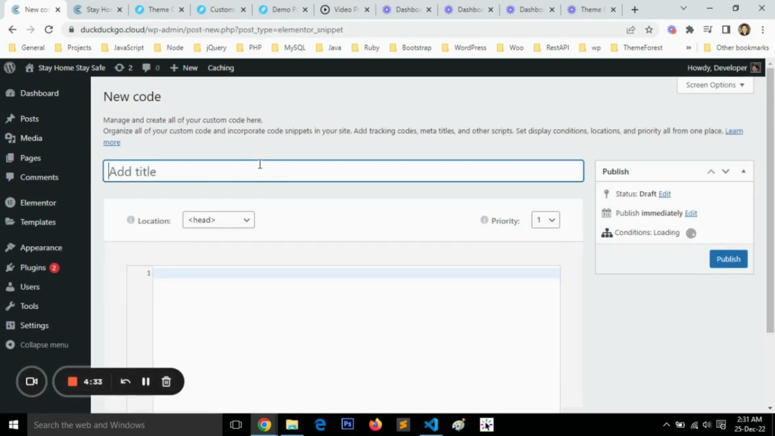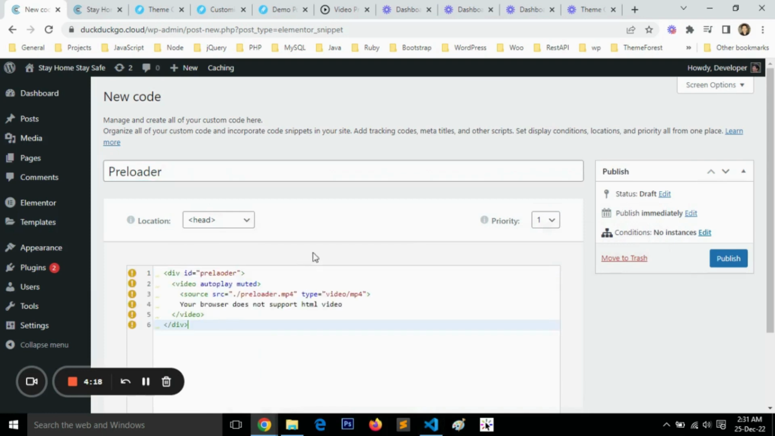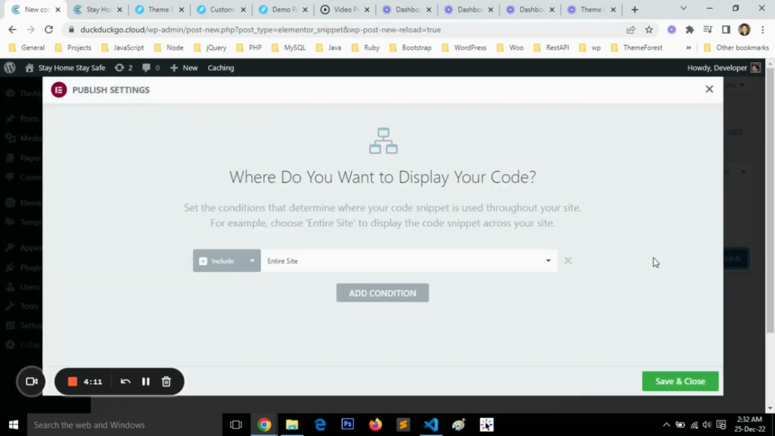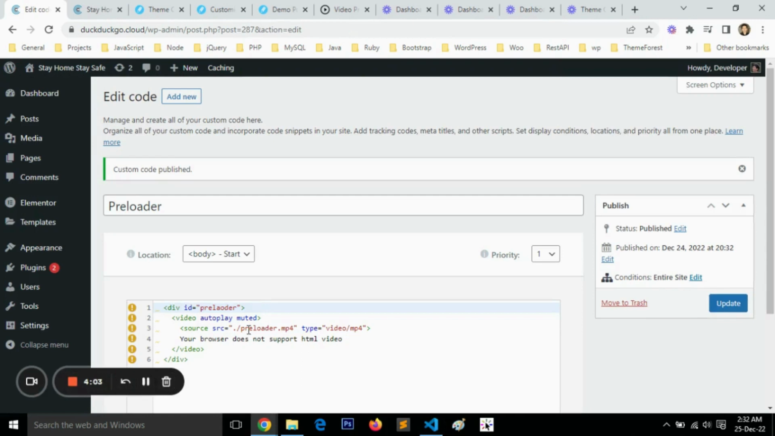you have the option to create a custom code here. You can name it anything. I'm going with preloader. So let me copy and paste this HTML, copy here and paste it here. And I am going to display it at the starting of this body and publish. So make sure it's set to entire website, and just like the previous, we also want to